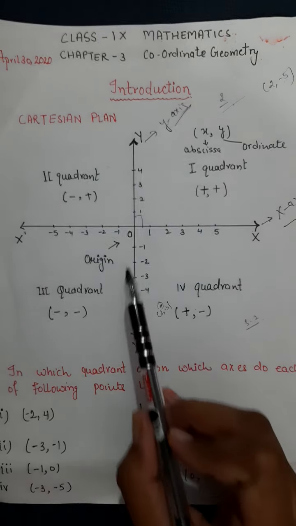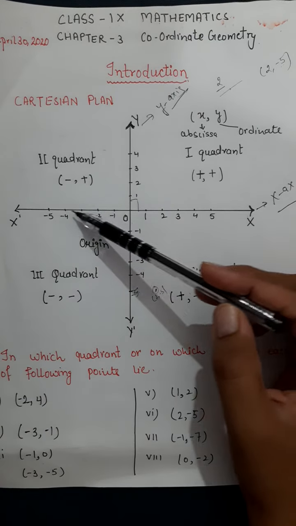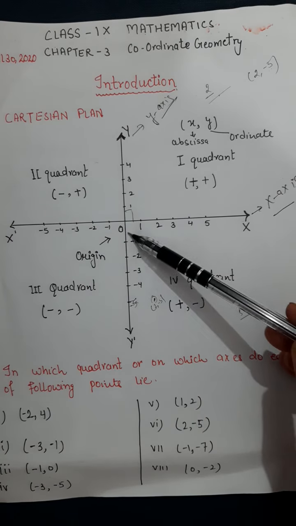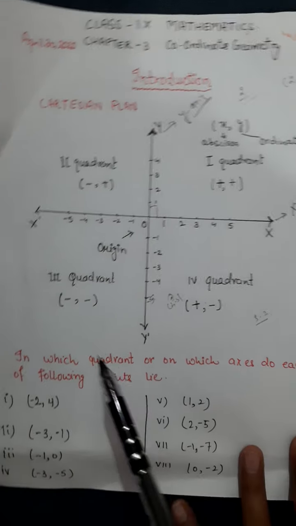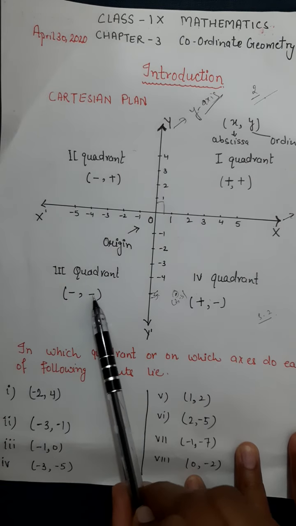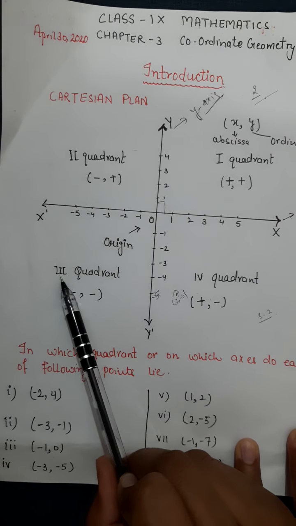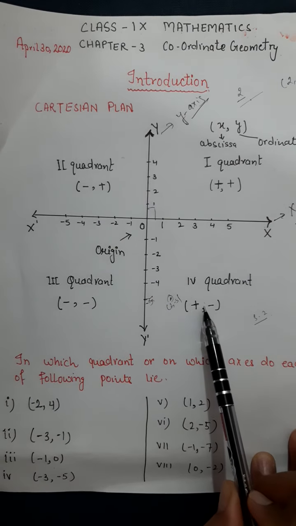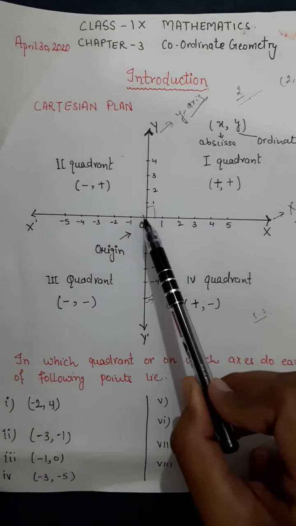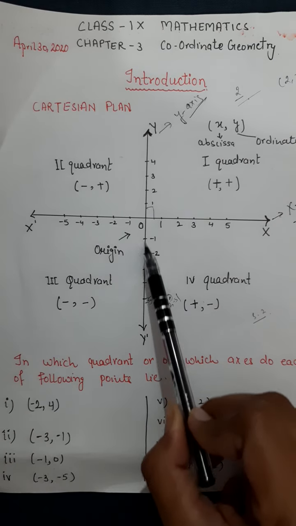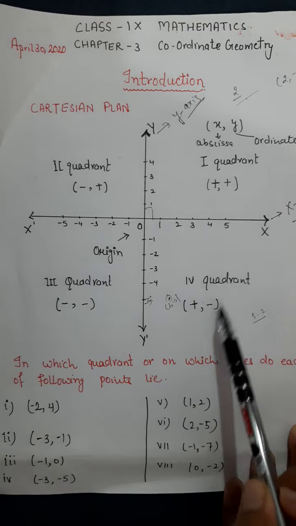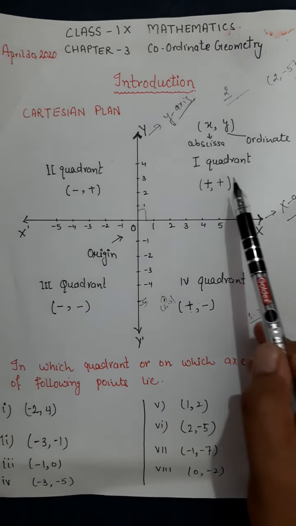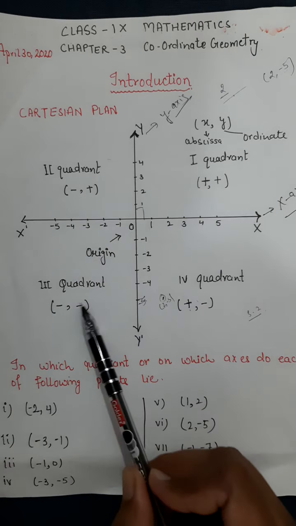Here we have the third quadrant, in which x is negative and y is also negative. Both the signs are negative. If both the coordinates are negative, then you can say the point will lie in the third quadrant. In the fourth quadrant, we have this and this line. The fourth quadrant is made up of these two lines. Here x is positive and y is negative. So like this we have made this sign.